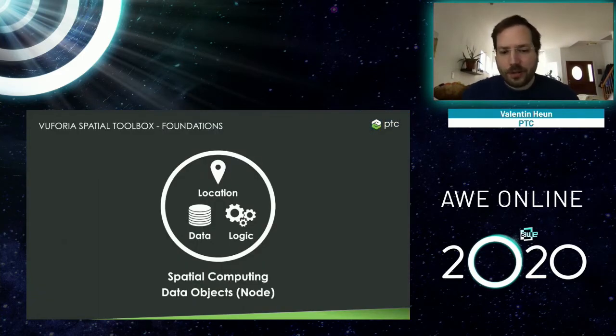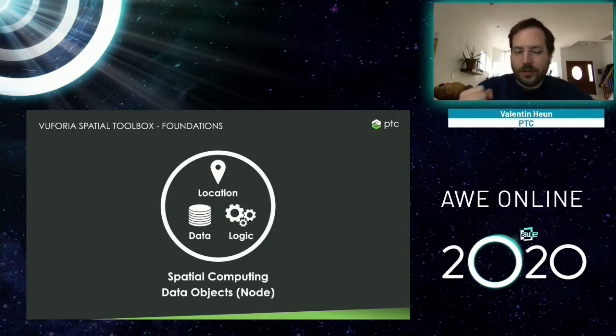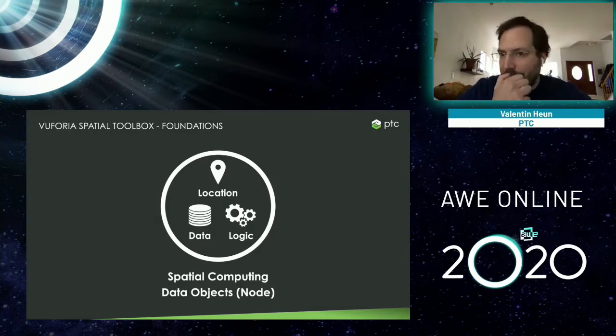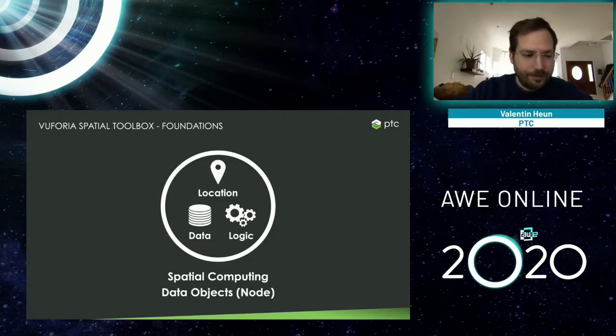At the core of this Spatial Toolbox is the idea of that spatial computing data object, and we call it a node. Every one of these nodes has location associated with it, has data storage, and the ability to process logic. And everything in the Spatial Toolbox is built on top of this data object.